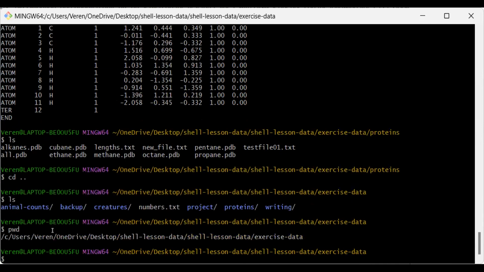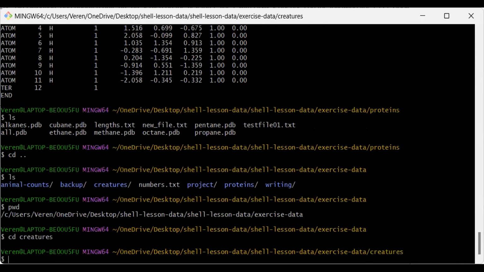So earlier, if you can recall, we were busy working in the creatures directory. It had the basilisk.dat, minotaur.dat, etc. So we're going to change directory back into the creatures directory to get back to the main lesson. So we've actually worked through a few of the examples that were on the site just now, but we're going to get back to the lesson,